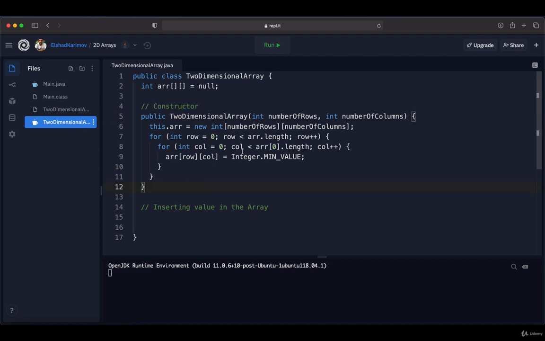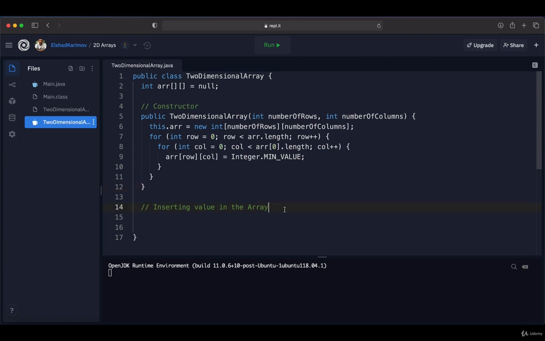Now basically, as we said before, when we are creating a two-dimensional array of type integer, all cell elements are set to 0. But in this case, I don't want them to be 0, I want to set them to the minimum integer value. That's why I have created a constructor like this. So whenever we are initializing our ARR array, everything is set to the minimum integer value. This makes our life easier when we are writing the insert method, because we are going to check whether the value is equal to the minimum integer value. If so, it means that our cell is empty, so we can insert a new element into this cell.